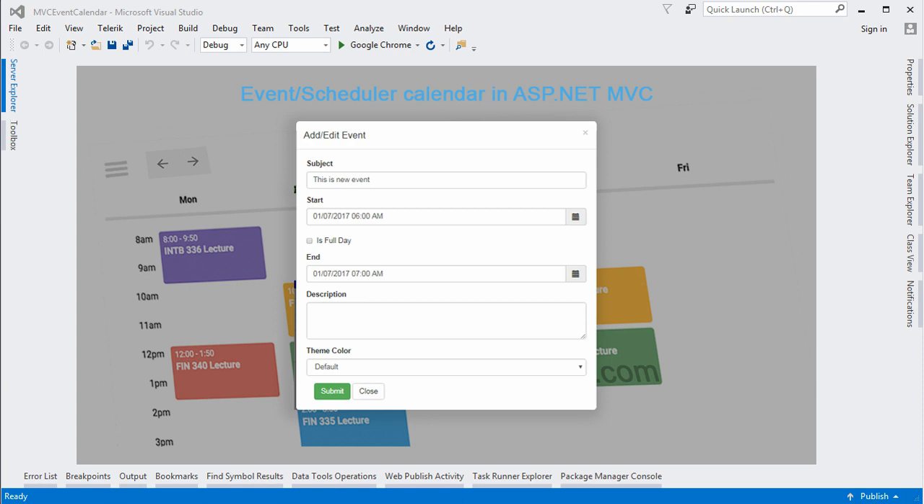This is the second part of the tutorial, event or scheduler calendar in ASP.NET MVC application. In the first part of this tutorial, we have seen how to display events in full calendar from our database. Now in this second part, we will implement CRUD operation on the full calendar for managing event or schedule tasks